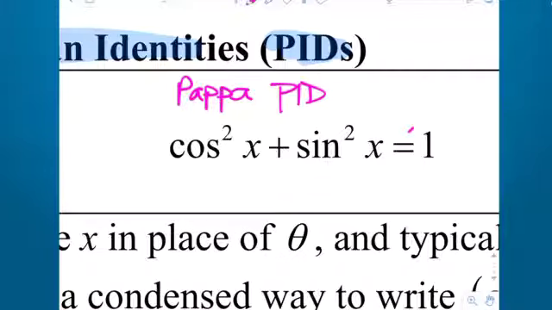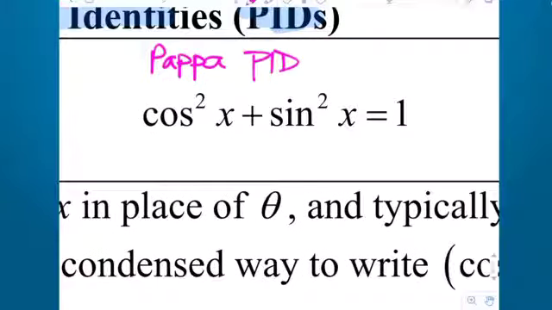All right. Now, why is this guy called Papa Pid? Well, he's the main one. He's in terms of sine and cosine. Okay? By asexual reproduction, there is no Mama Pid. Okay? He produces two offspring. If you take Papa Pid, which is an identity, and we'll prove it here in a second, if you